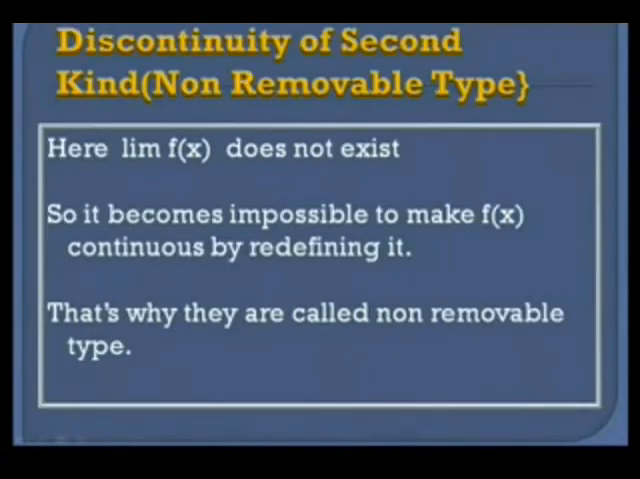The next is discontinuity of the second kind, also called the non-removable type. Why is it called that? Let's check it out. Here the limit of f(x) does not exist. So if the limit of f(x) does not exist, then it becomes impossible to make f(x) continuous by redefining it. That's why they are